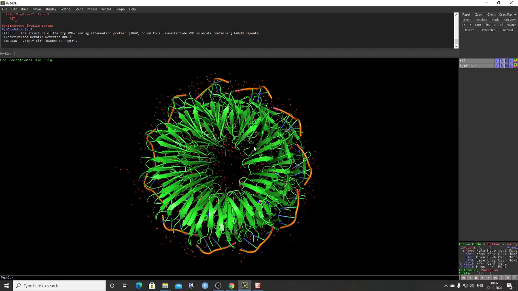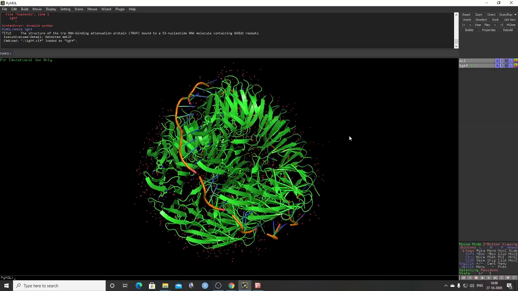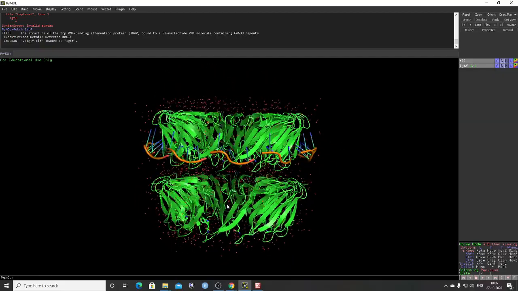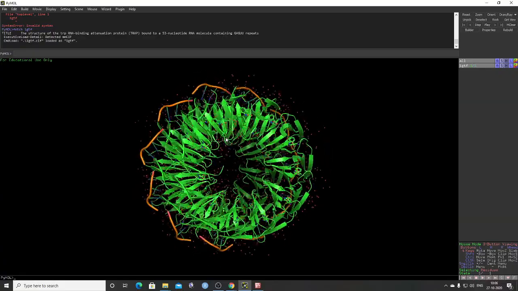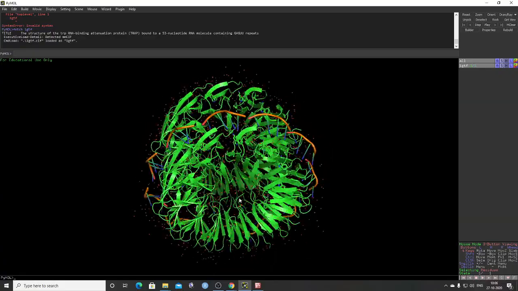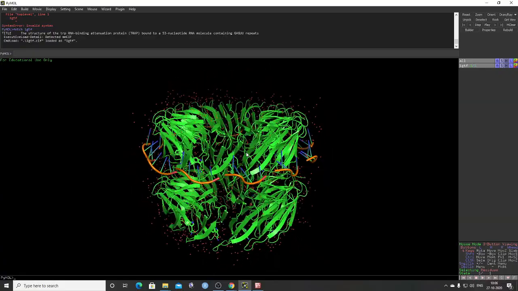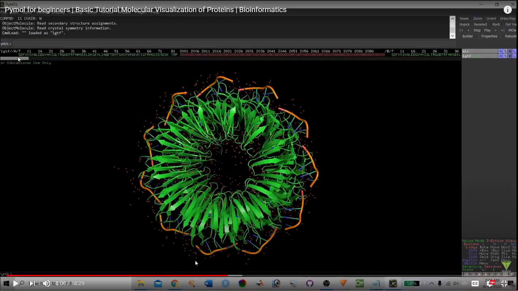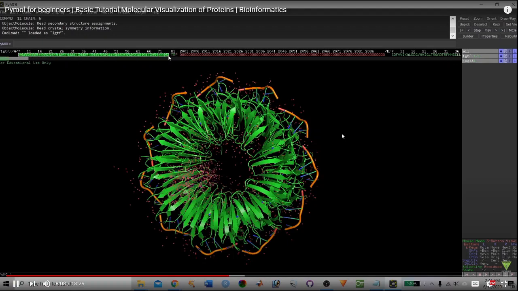So see, same as in the video, we can see this code structure. So structure is like this, right? You can rotate the structure. You can see what is there in the structure, right? So this is a structural visualization. This protein. If you want to select a particular region, you can easily select them like this.